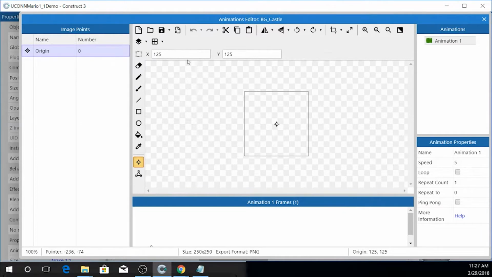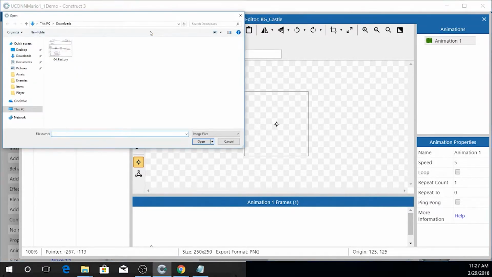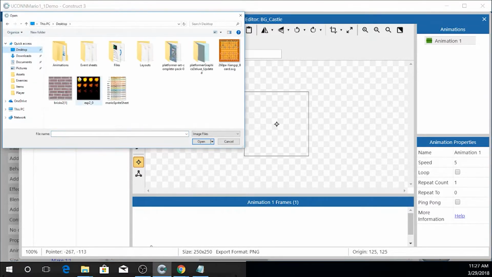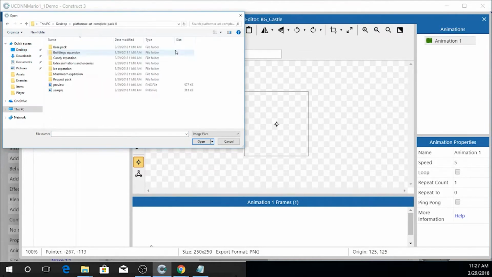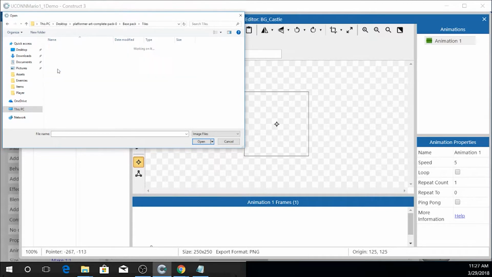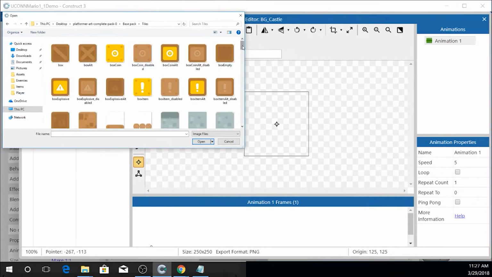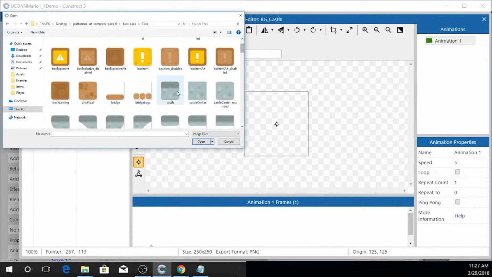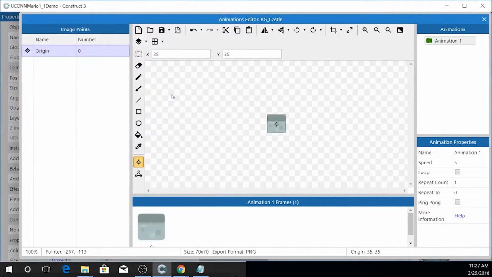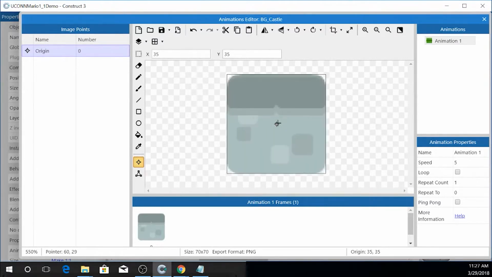To do this, let's import one frame first. So we're gonna hit open or load an image from file. And we are gonna go to Kenny's platformer art assets and the base pack. And we're gonna go to tiles. And we're gonna find ourselves the castle tile. There we go. And we're gonna do the same thing here, where we're gonna put the origin point in the top left,